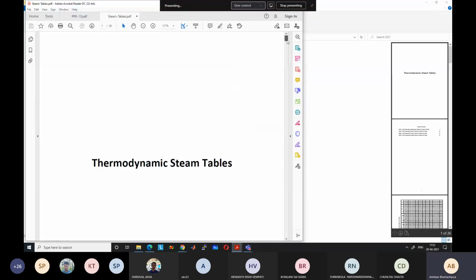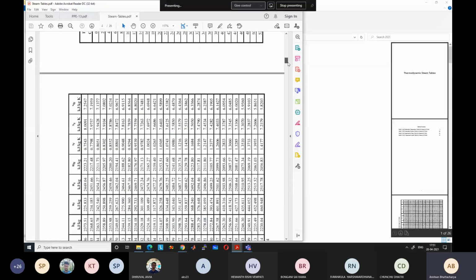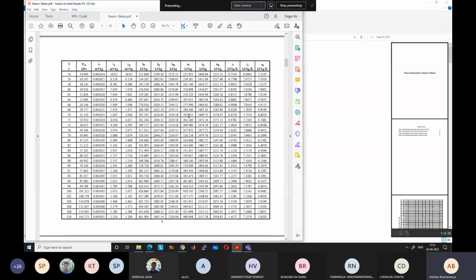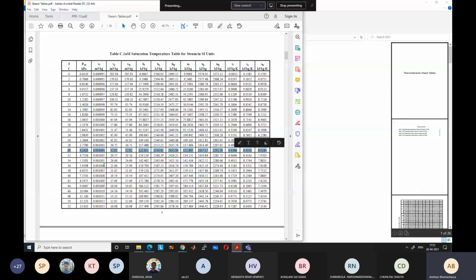So for example, 30 degrees centigrade. The saturation pressure of water vapor is 4.24 kilopascal. So if the partial pressure is 2 kilopascal, we know that relative humidity is 2 by 4.24, no units are there. If you multiply by 100, you get percentage. So the maximum water that can be held in air at 30 degrees centigrade occurs when we have a partial pressure of water equal to the saturation pressure, which is 4.24.